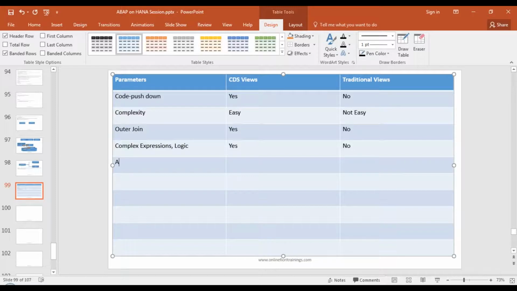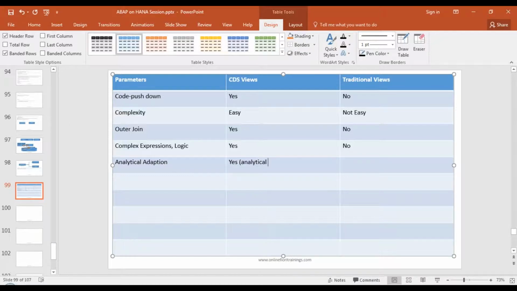What about analytical adoption? If you want to give your data which is produced out of a view to a Fiori application, and you want the Fiori application to understand that, that's not possible with traditional views. It's only possible in CDS views because we have analytical annotations in CDS views.